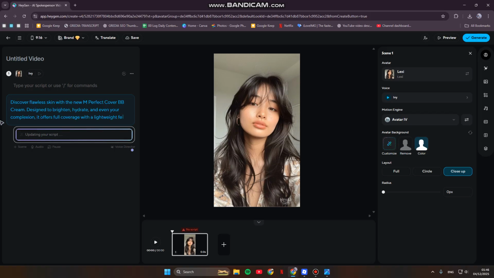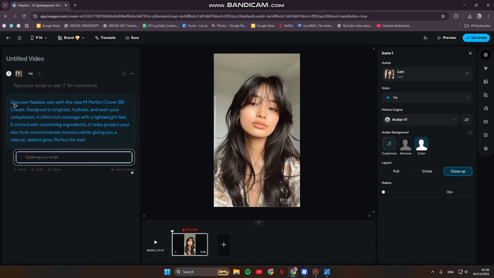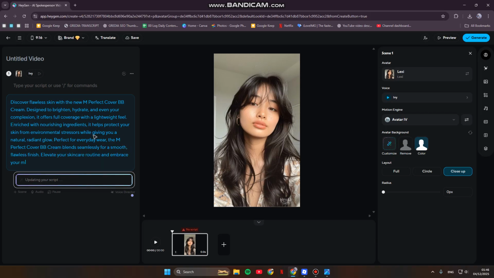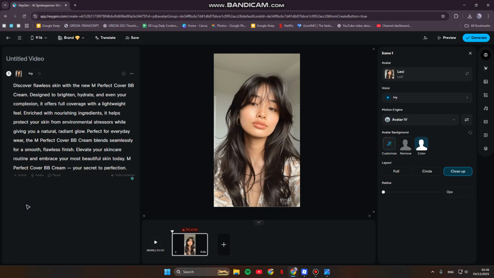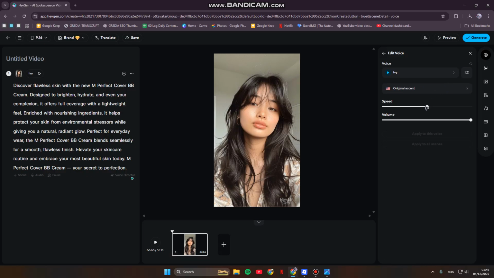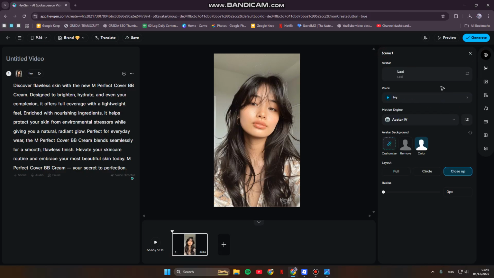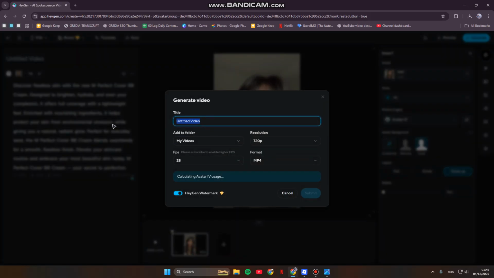Okay, so the HeyGen AI will directly write the script for you. So this is the script. Click on accept, and now you can choose the voice. In here, I'm going to just leave it in default, and here you can go with the layout right here. I'm going to just click on generate at the top and choose, say I'm doing just write new product and